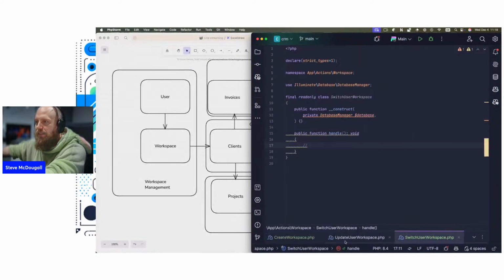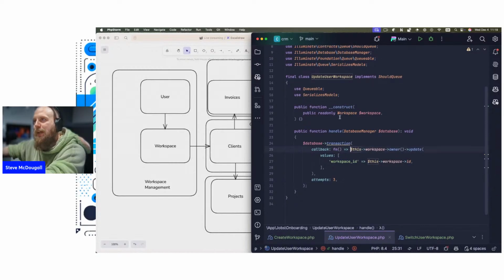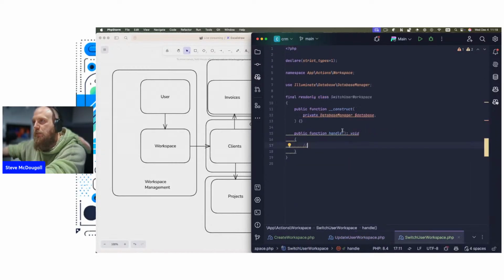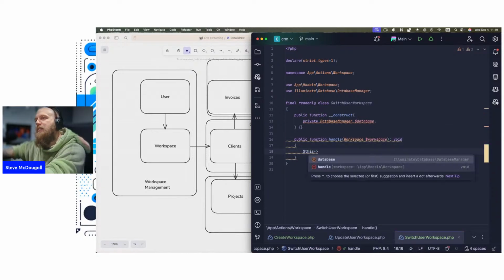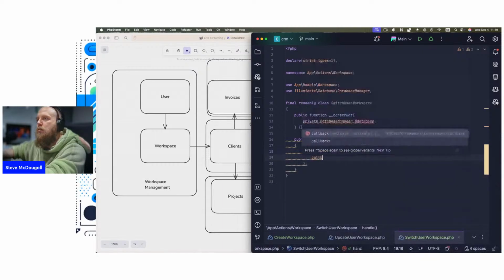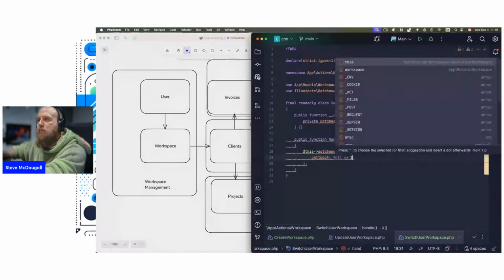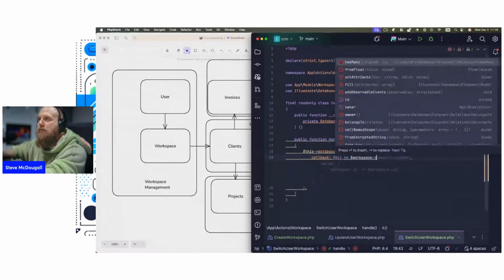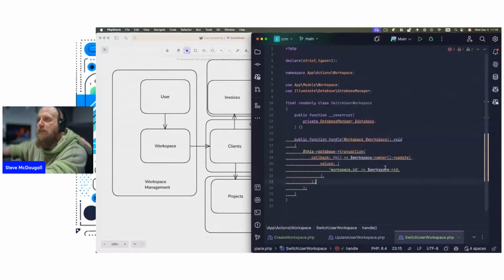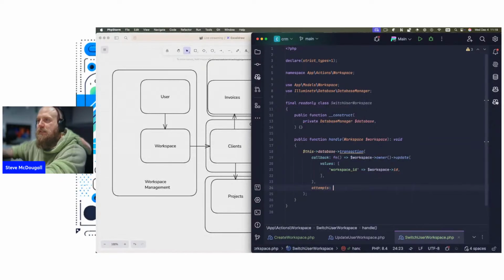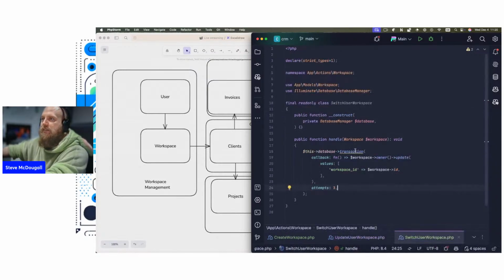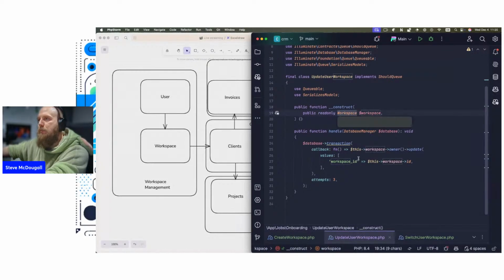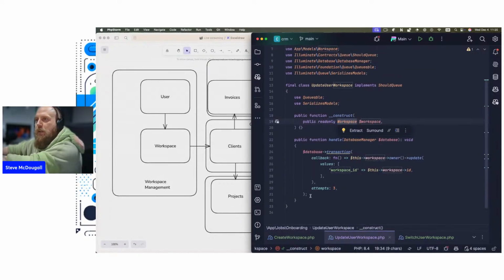So let's have a look at this part here. We want to be able to pass through a workspace, basically. So this will then accept a workspace as a workspace. And we have to say this database transaction callback is workspace owner update, attempts 3. It kind of knew what I wanted to do there. That's freaky. So that's going to handle all of that for us. Yes, it might fail, but it's going to fail and bubble up to here, which will then fail as well. So we can remove all of that,